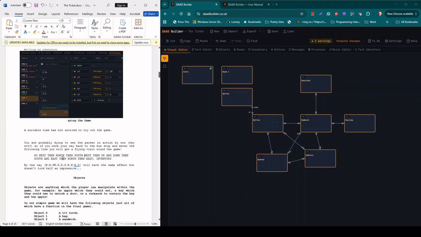Actually here, once we've gone north to the bandstand, there is no direction southwest going to the tree. This should actually have been in the manual, south, then west, and down here, south, then west. So if we now copy that into the parser,